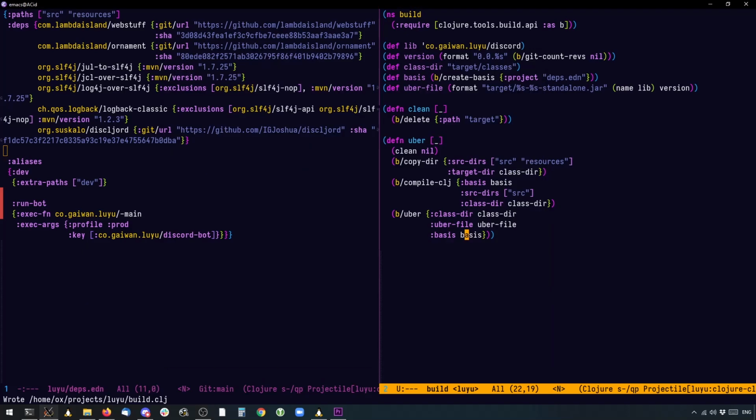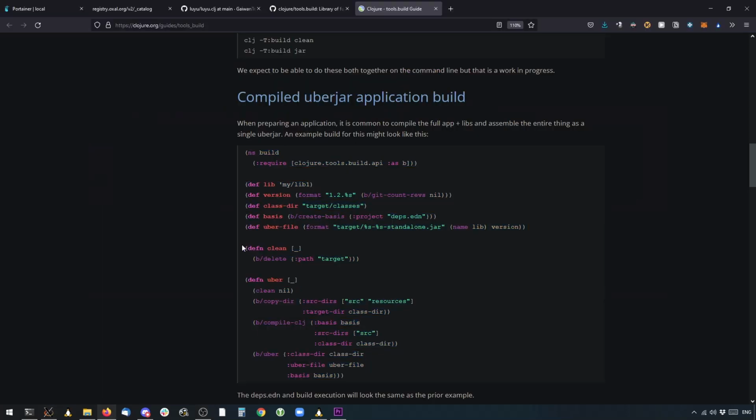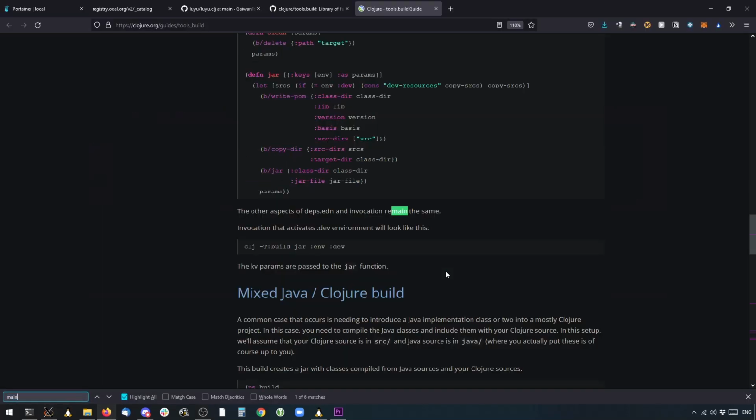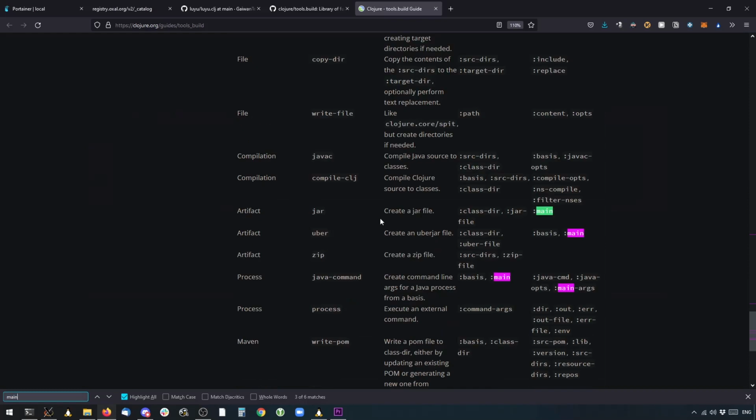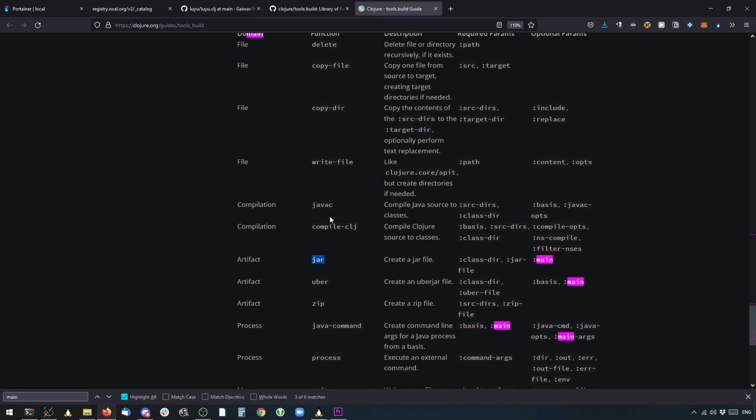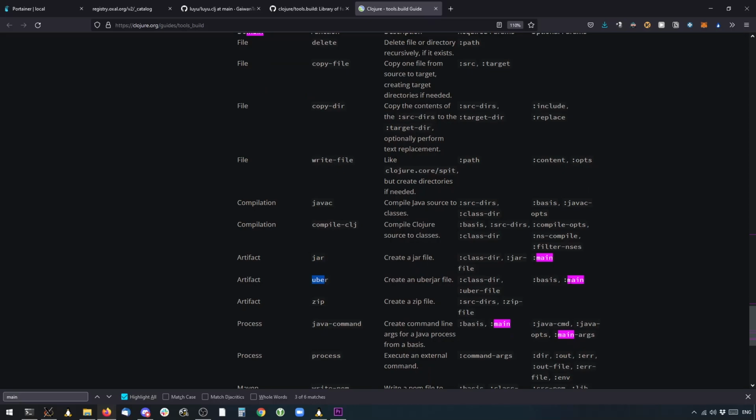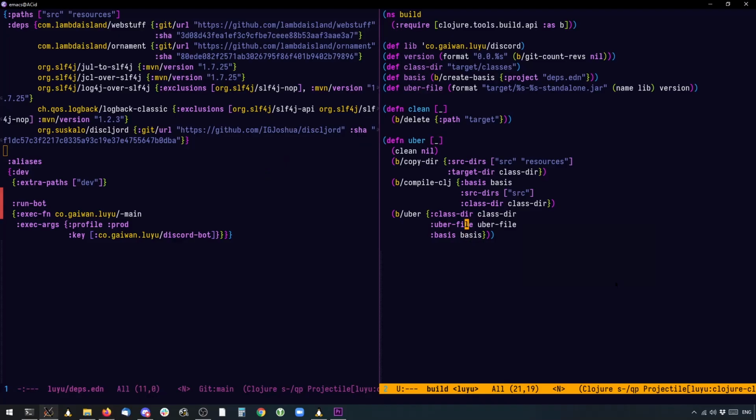So let's go back to tools and search for main. Okay, so we've got the jar function. So the uber function takes a main attribute, right? So let's give it the class where the main function is located.